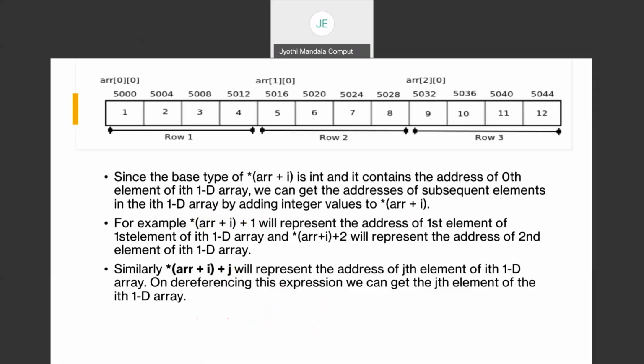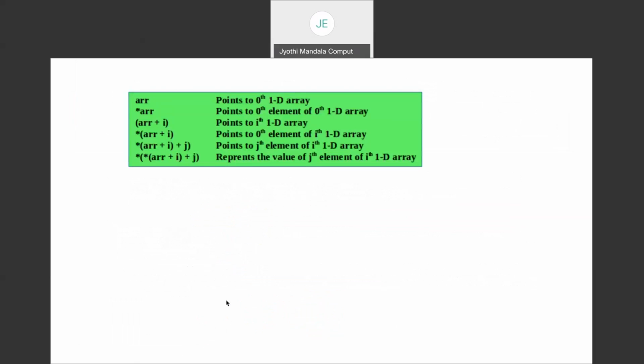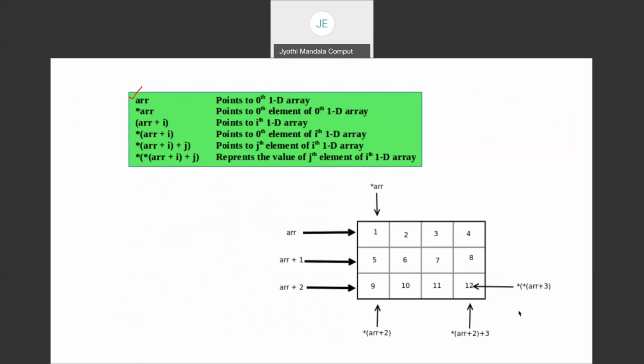Now is this clear to you all? Now, with this, you see the notation all of you. What do you mean by ARR? ARR is nothing but directly your array name which is pointing to the 0th one-dimensional index. To understand this one, see this diagram all of you. We have taken the same example. If you write ARR, if you use simple ARR, it will be pointing